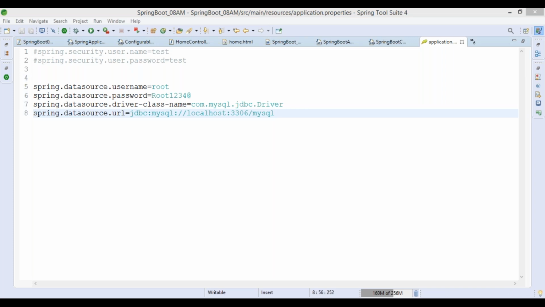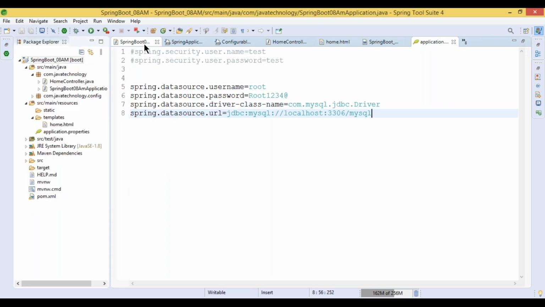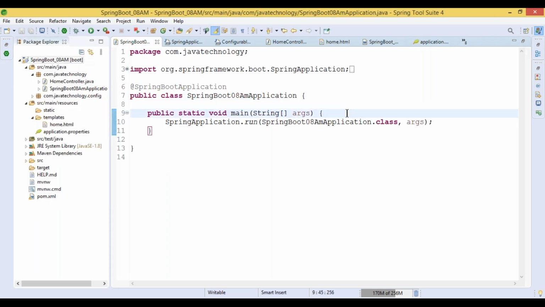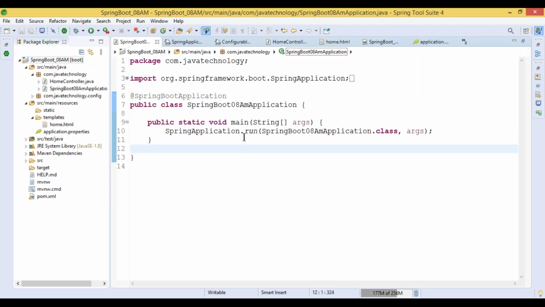So it's trying to build our application. Once it is built, we'll focus on the Spring Security related information. Let me start the server. From the main method also we can start the server. The shortcut is Alt Shift B. What happened? Alt Shift B. The server is going to start.